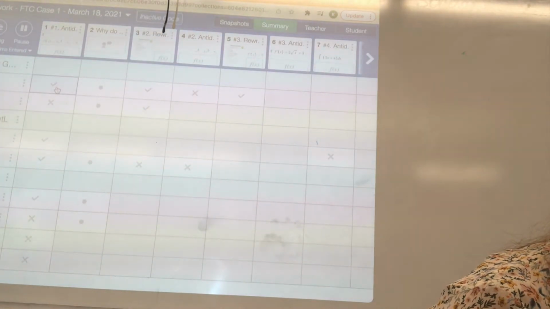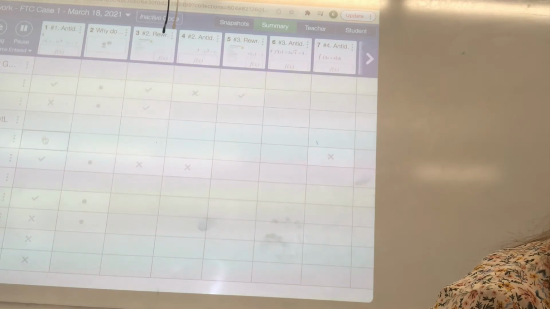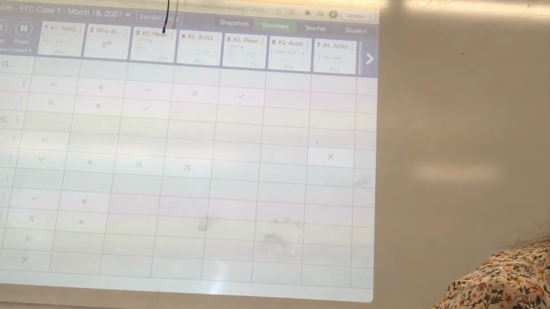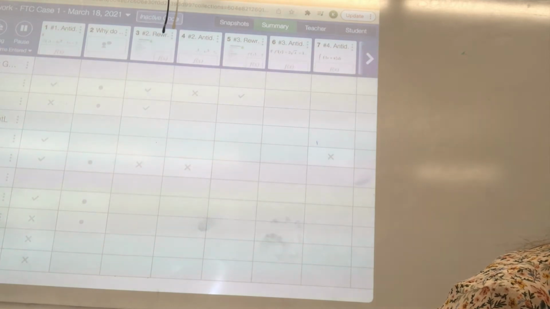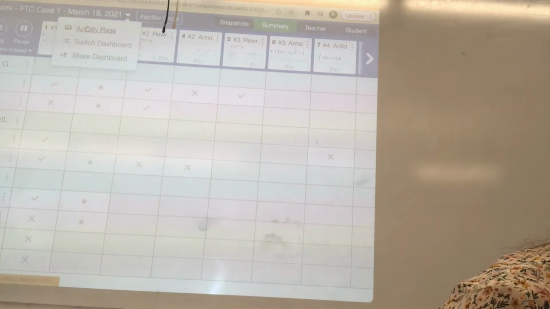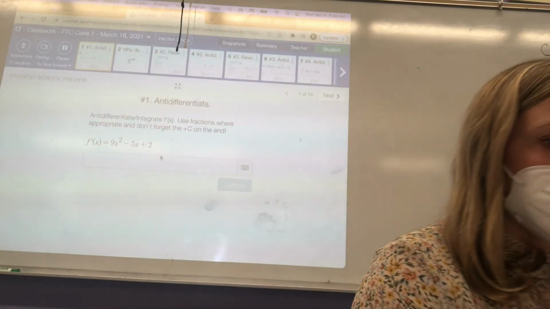you can see the check, X, check. You know, and this person didn't do it. Okay, but to go back to the student, so this one,